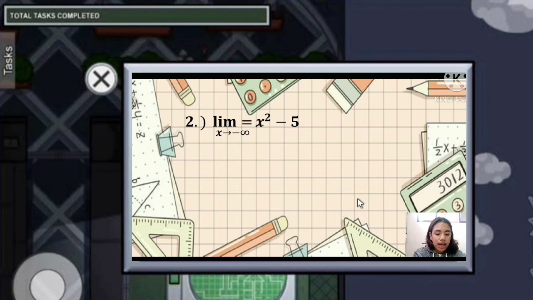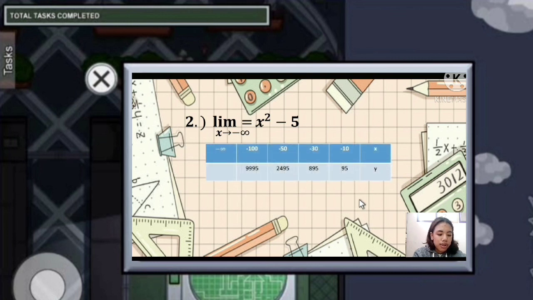Limit of x squared minus 5 as x approaches negative infinity. We will do the same steps to answer our problem. We will substitute our x values in our function. Our x values are negative 10, negative 30, negative 50, negative 100. And substitute to our function. Our answers will be 95, 895,